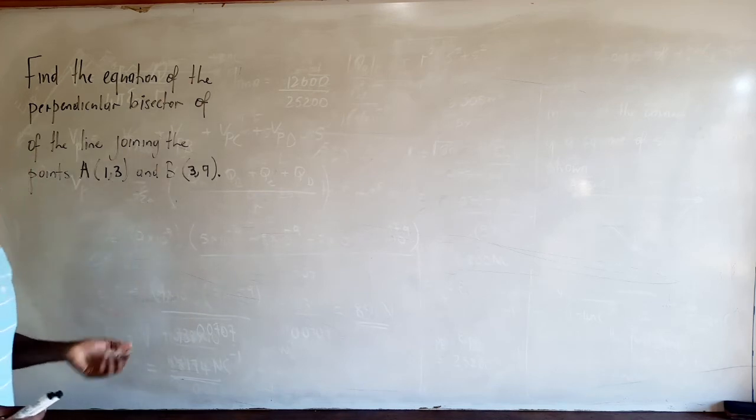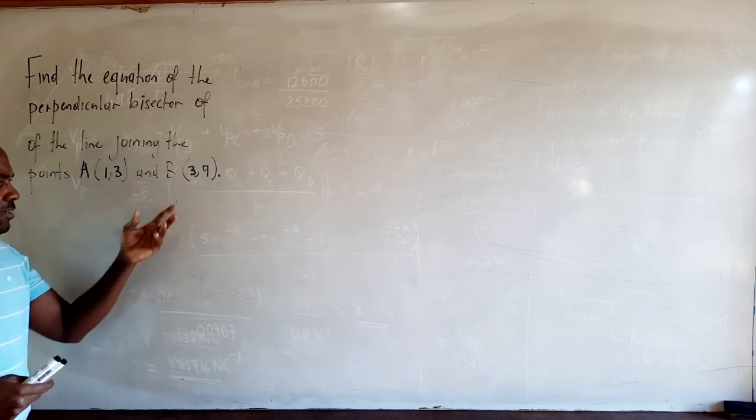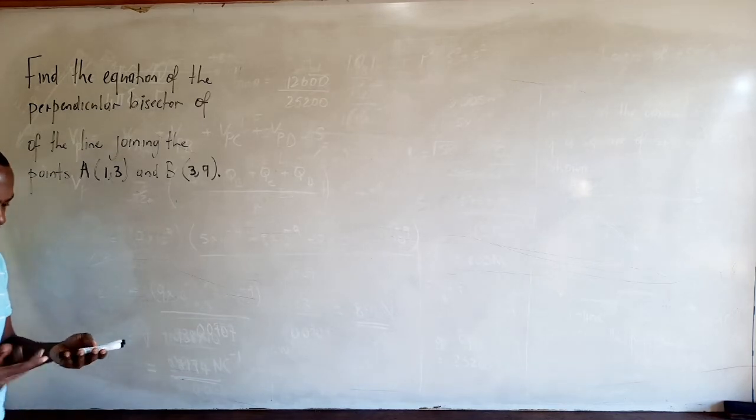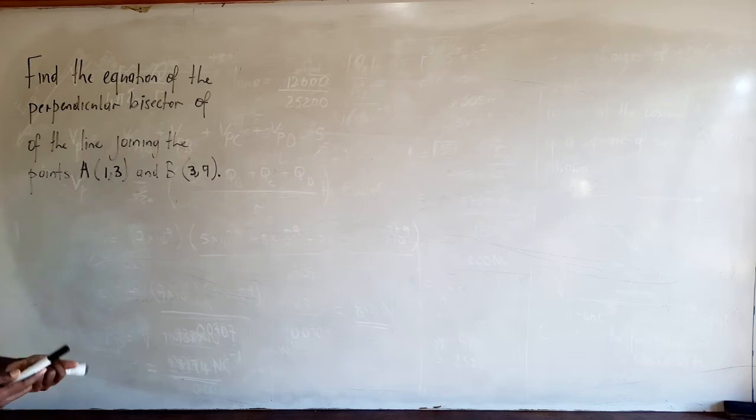Now, while this is not a requirement, we'll try to represent these points to get an idea of what the line looks like. It won't be a plot, but just a rough representation of the points and, of course, the line AB. So, if we were to put a rough pair of x and y axes,